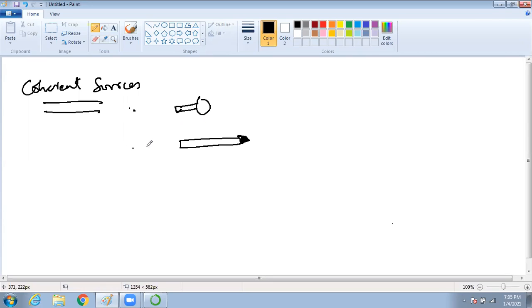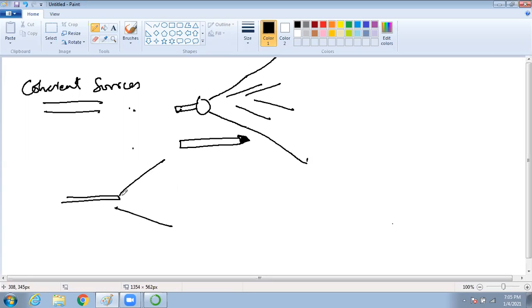But what else do you see when you switch on both of them? Do you see any significant difference? The beam of the torch will go like this. Am I correct? And the laser light, does it go like this, or does it go as a pinpoint? It goes like a narrow beam. It is a straight beam.